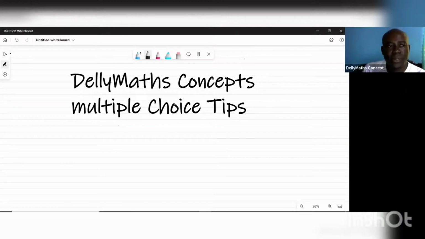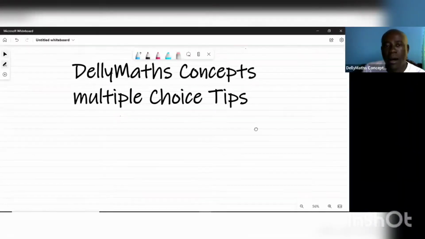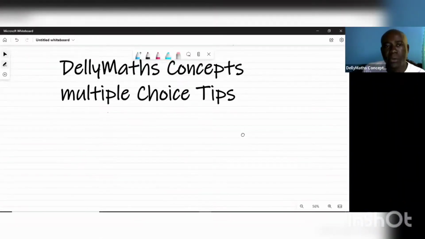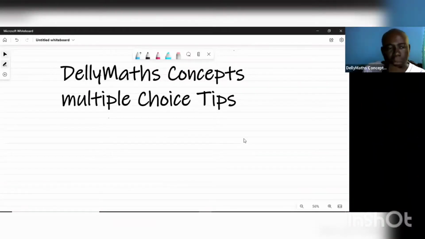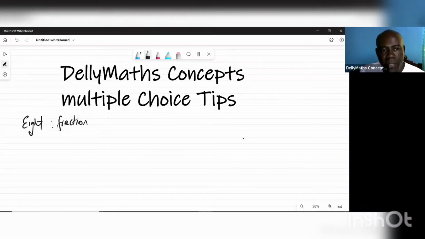The first important detail in dealing with the multiple choice exam, I always pick on this first, is to understand what we call the eights. And when we say eight, we're talking about the fractions, and we're dealing with the eights. For example,